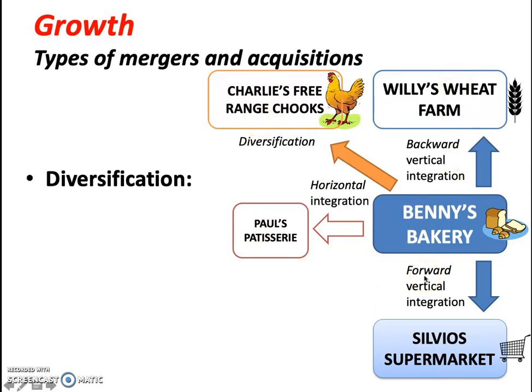Now, the reason why, say our gluten-free friends finally win something and say that no one's allowed to eat bread for the rest of their lives, Ben Broadley still has a business being Charlie Free Range, being Charlie Weston's business that he's bought, which is the Free Range Chooks. It's argued to say if we're not going to be eating bread, we'll still be eating chickens and most likely eggs. Therefore, they have diversified their business, widened their product range, and widened their total available market.